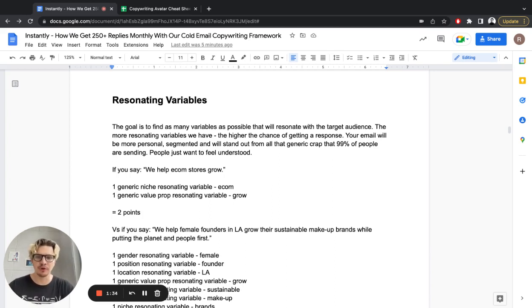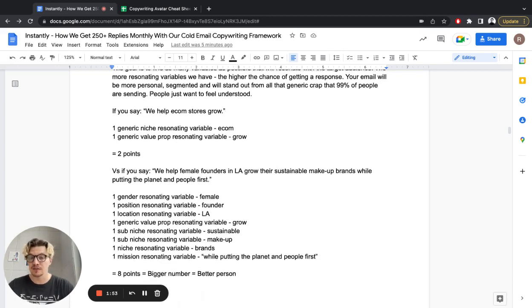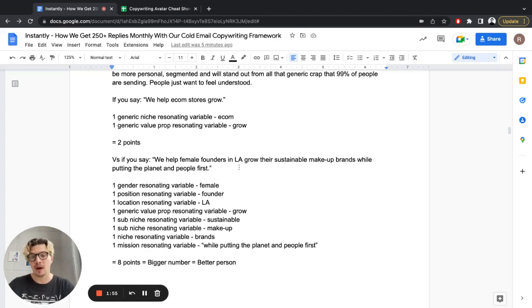Your email will be more personal, segmented, and it will stand out from all the generic crap that most people are sending. Like I mentioned, people just want to feel understood. If you say we help e-commerce stores grow, you have one generic niche resonating variable, e-com, and the value prop, grow, 2 points, very generic, versus we help female founders in LA grow their sustainable makeup brands while putting the